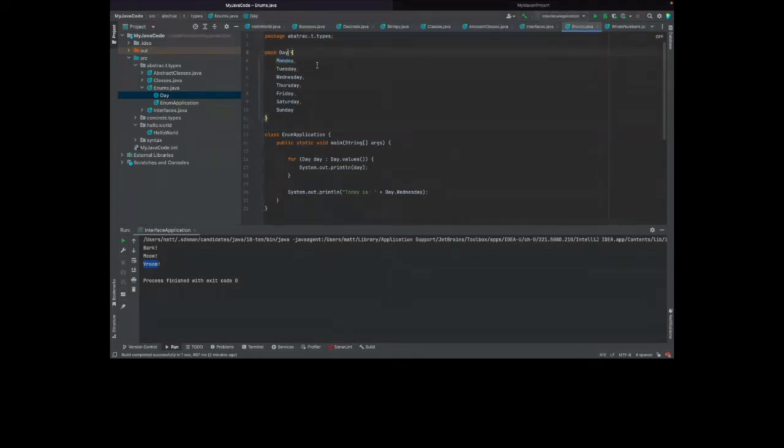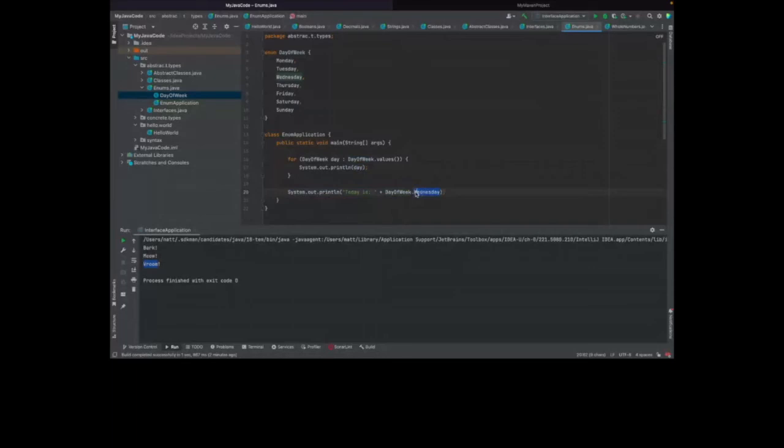Maybe I will call this enum DayOfWeek. And then I want to change this to be DayOfWeek, and I'll put this as DayOfWeek, and I'll put this as DayOfWeek. So here I can say I want an enum of a day of the week, and then I could say get the values of DayOfWeek, loop through and print out each day, and then also say that today is DayOfWeek.Wednesday.